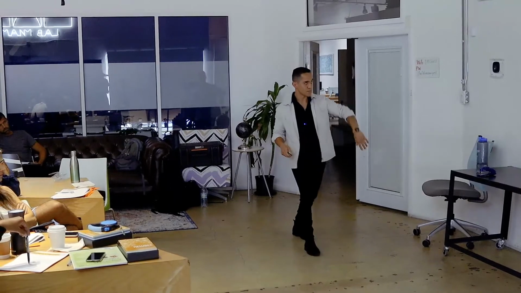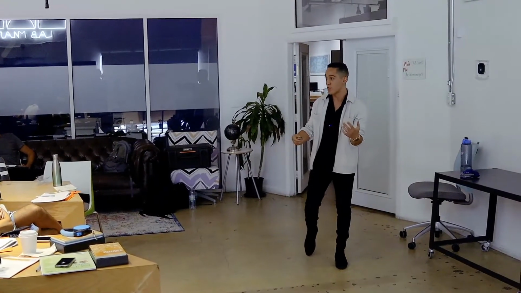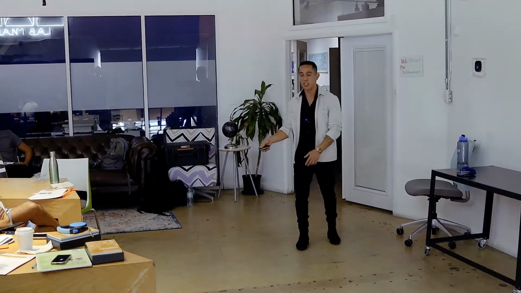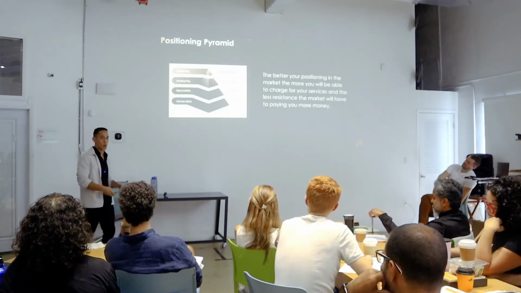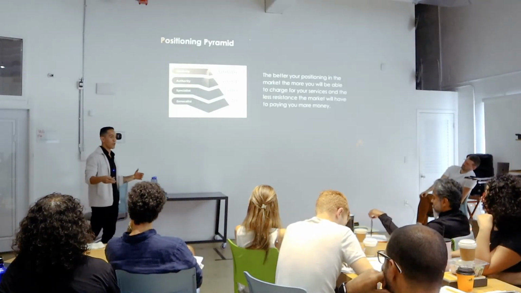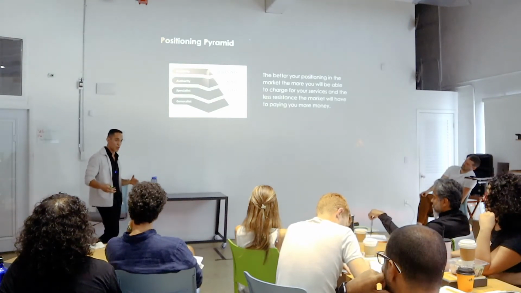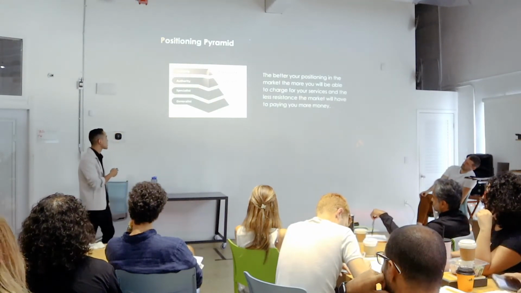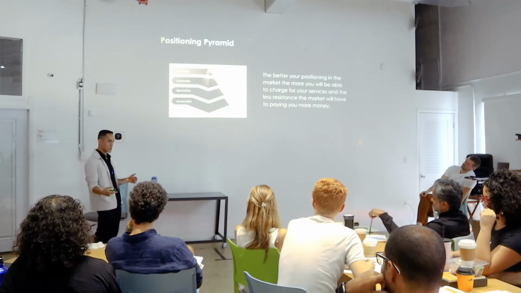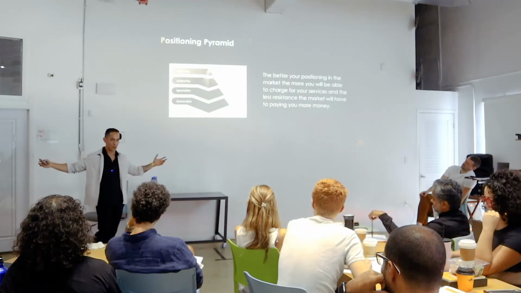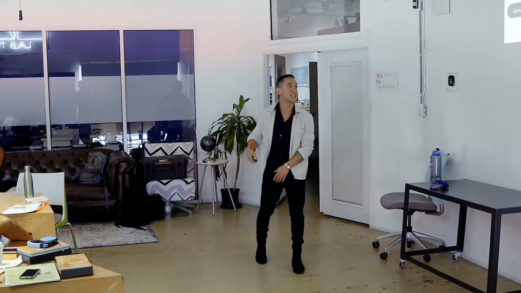So for example, let's see what example we can utilize. Okay. So let's go with some sort of fitness trainer, right? There's a lot of fitness trainers, just regular fitness trainers who say, come to me, I'll help you get fit. That's a generalist. A specialist might be, I help overweight people get fit fast. Okay? That's a little bit more specialized. They're targeting someone. So this person's going to be able to charge more than the generalist because this is what they do. They specialize in this thing. They have a track record of people that they've helped do this thing.